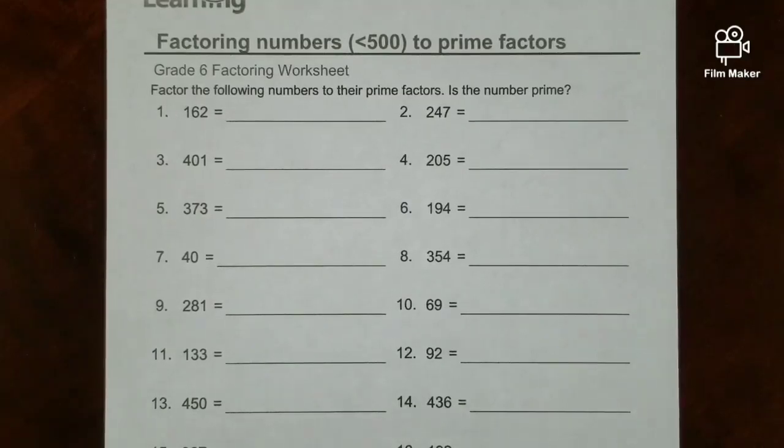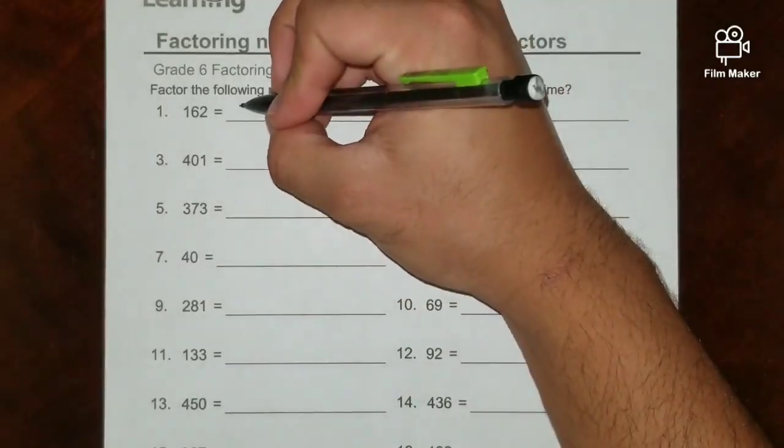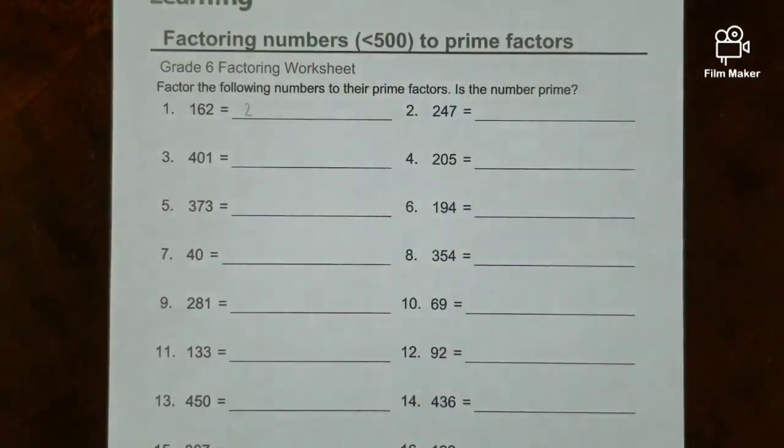So for our first one, we have 162, and right off the bat we can tell that this number is not prime because it's an even number, and all even numbers are not prime other than 2, because they can be divided by at least 2. So if we took a 2 out of 162, we can take a 2 out since we know that it can be divided by 2, and that would give us